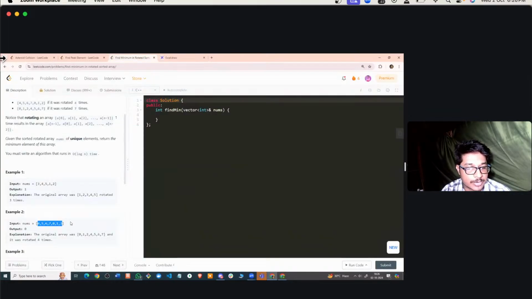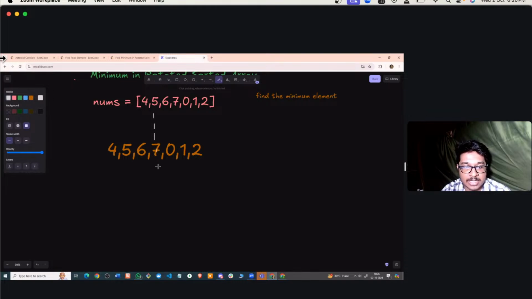So 0, 1, 2, 3, 4, 5, 6. This is our mid element here. And you see that this half is sorted. This half is not sorted. What do I have to find out? I need to find out the minimum element. Again, I need to do something very similar to what I did in the last question itself. I need to check